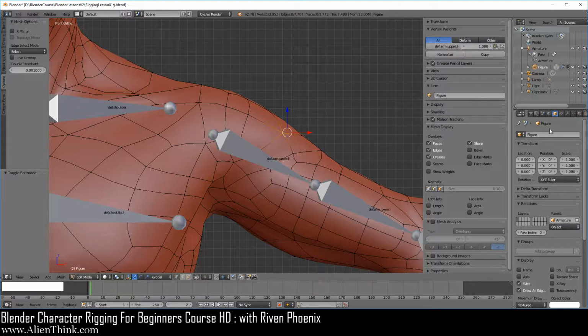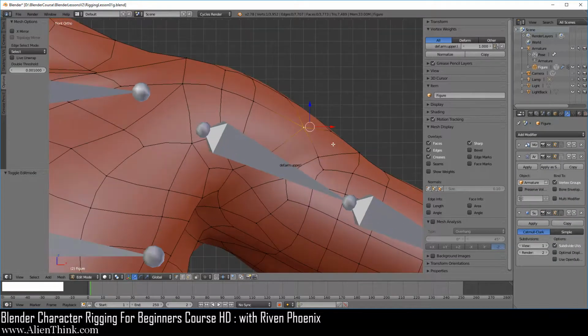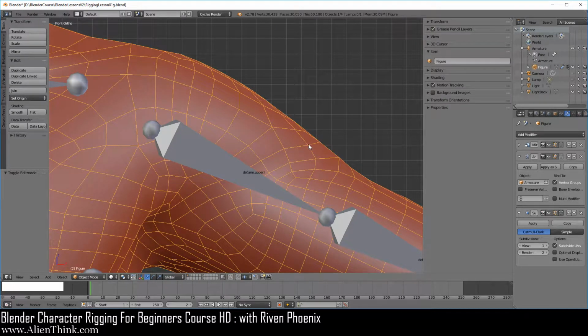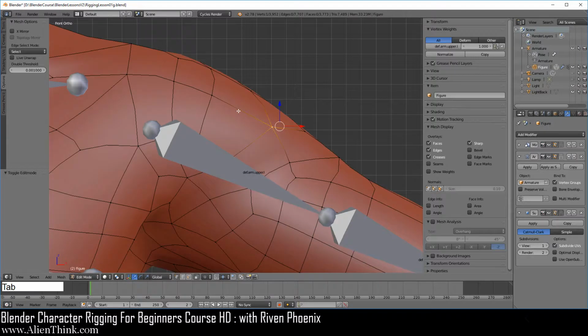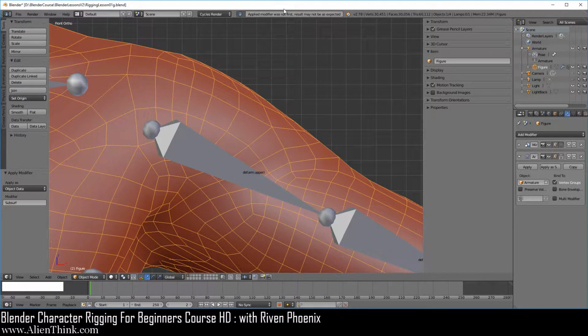Okay, now go ahead and click on the modifiers tab, open this up. Now go ahead and zoom in. Okay, now press the tab key. So notice that over here we have additional vertices, but when we press the tab key, we're not able to click on them, right? It's not going to let us. So press the tab key, and just as an example, click on apply. It's going to give you an error message that it should be on top before applying it, but that's okay.